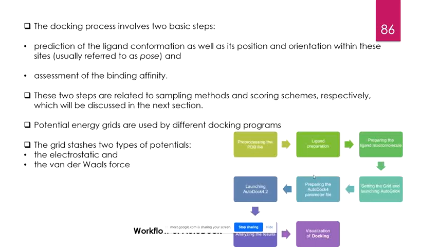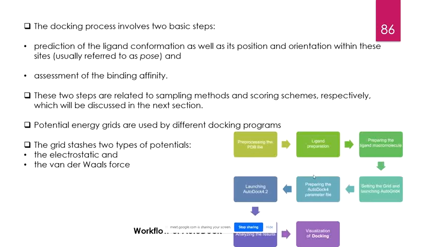The thing is that the various possible problems must be resolved before a protein can be used for autodock, right? And this includes missing atoms, chain breaks, alternate locations, missing side chains, right? So all these things need to be corrected, and these are all handled under the protein processing platform or the protein processing tool. A similar thing can also be done for the ligand: the ligand has to be prepared, the charge has to be maintained and all. And after that, we have to use a potential energy grid that can be used by different docking programs.